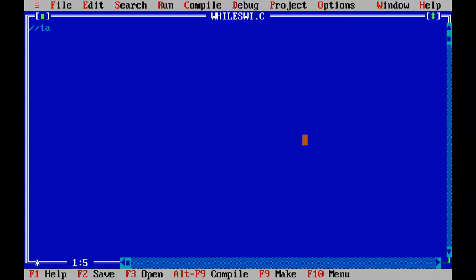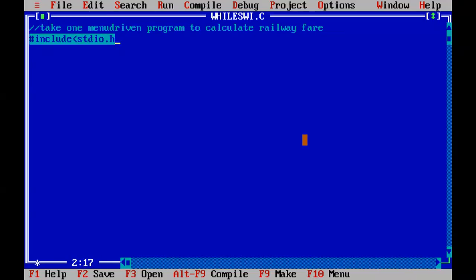Suppose take one menu driven program to calculate railway fare. #include stdio.h, #include conio.h,